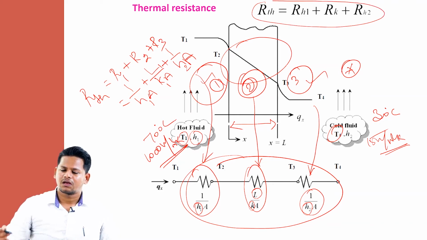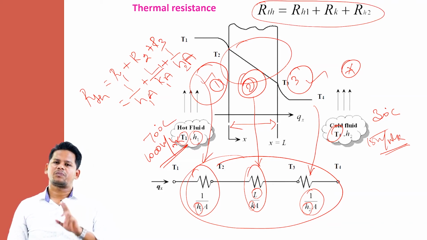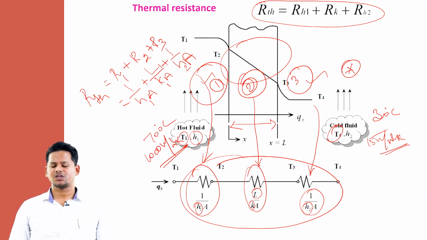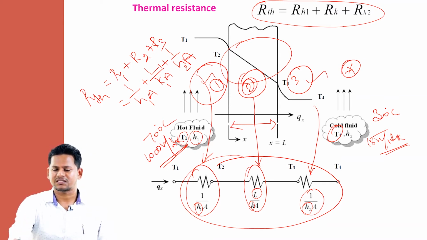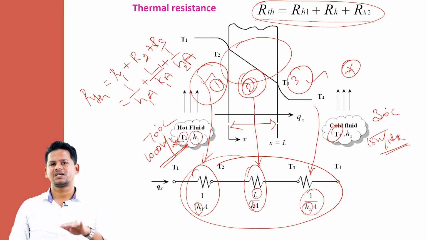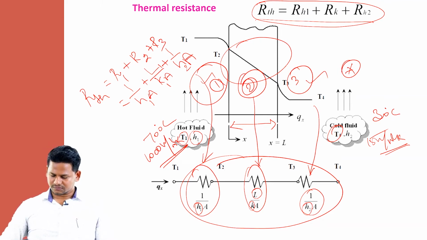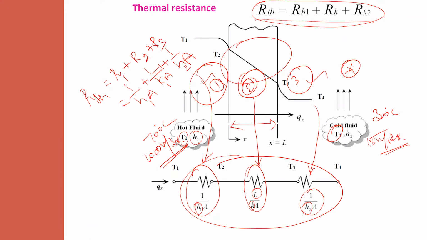Now you can understand the concept, right? If you have convection heat transfer plus conduction in a homogeneous plane wall, we can easily find the overall thermal resistance for that heat transfer mechanism. This is how we compute the equation for thermal resistance in a typical application with both conduction and convection. If you know the R value, we can easily calculate Q. How can you find the value of Q? Q is nothing but delta T by R, where delta T is the overall temperature difference.